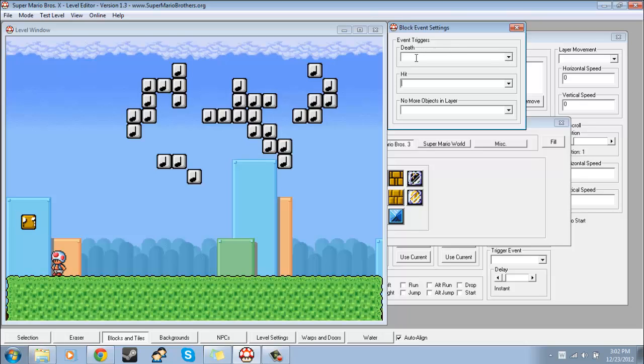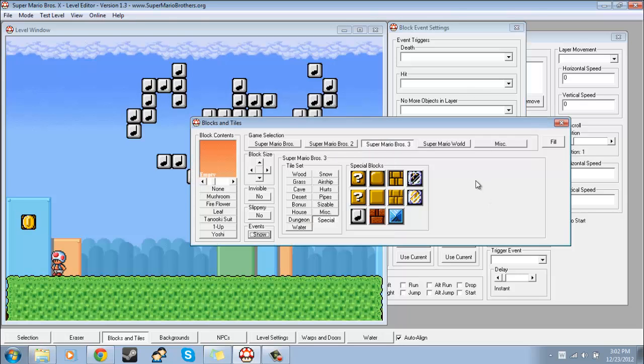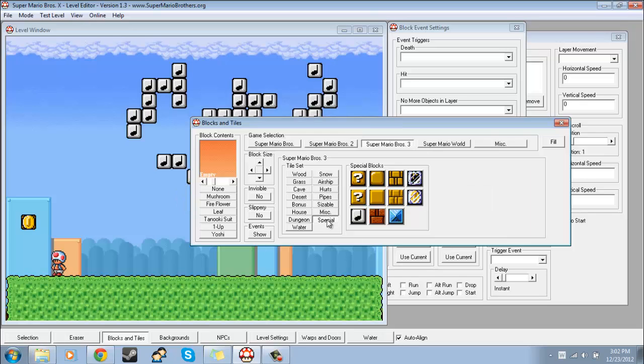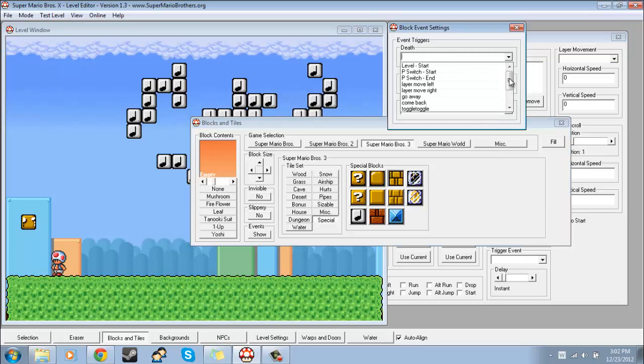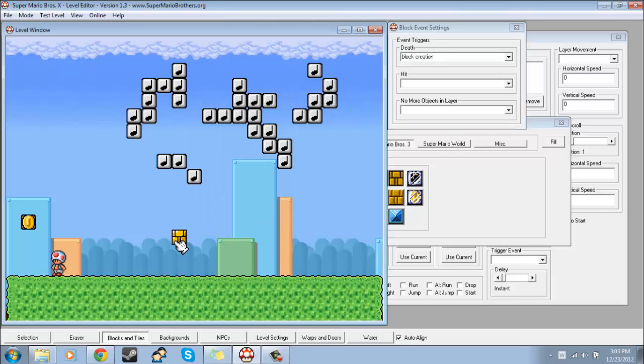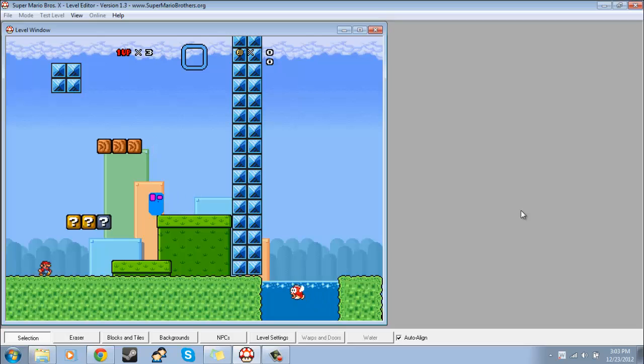So, event triggers death. Basically what death means is once this block is destroyed, it will make the event occur. Obviously you wouldn't want to do this with a block that cannot be destroyed, because then it would be impossible for the event to happen. So I'll just select this block that can be destroyed for an example. If I do death, then I'll select block creation, because that's the event I made that will make these blocks appear. And then I place it right there, and then I test out the level,